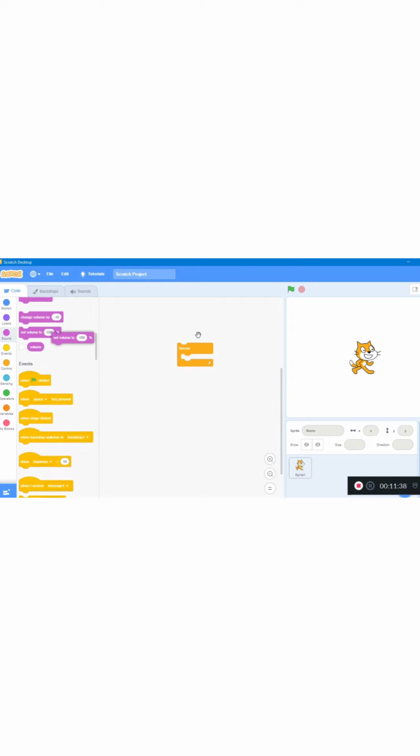When you go to the control category, you will find different types of cap blocks, in which the top portion is available for adding another command, and the mid portion is also available for adding a different command.